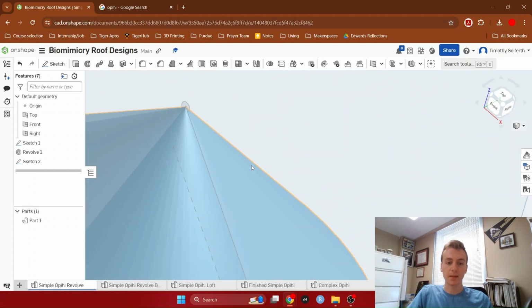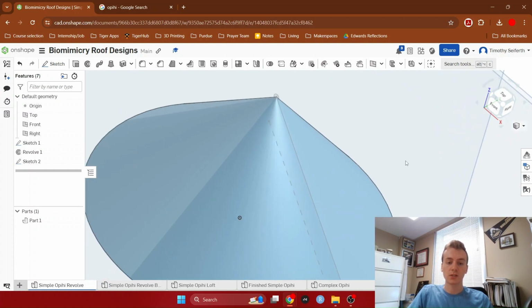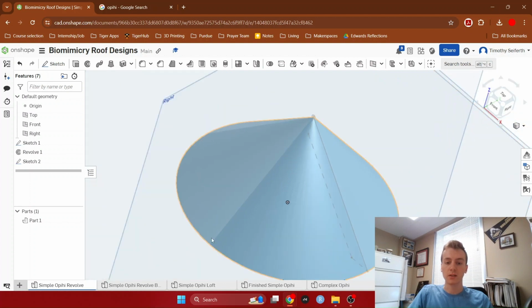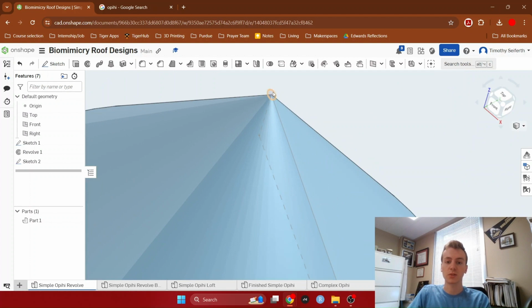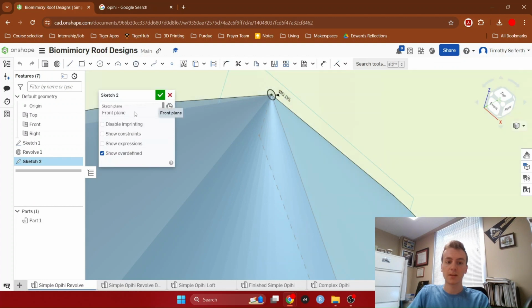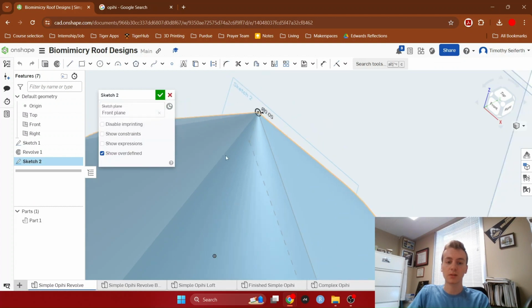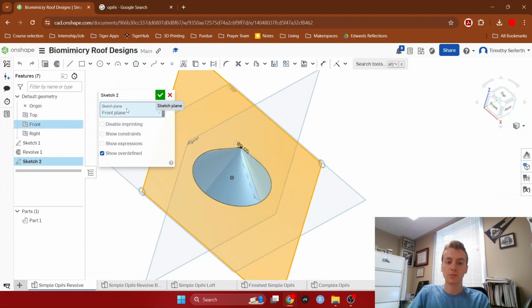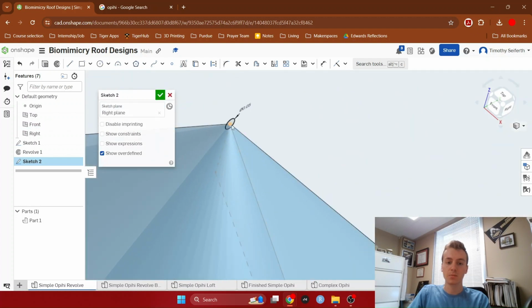What I could do is I could take this and rotate it so that it's perpendicular with this line, or I could just make a new line perpendicular with it here. So what I'm going to do is I'm just going to rotate this. Super easy. Click, right click, edit sketch. And instead of front plane, we want the side plane. So click front plane, click right, and boom, it's now perpendicular. Click check,